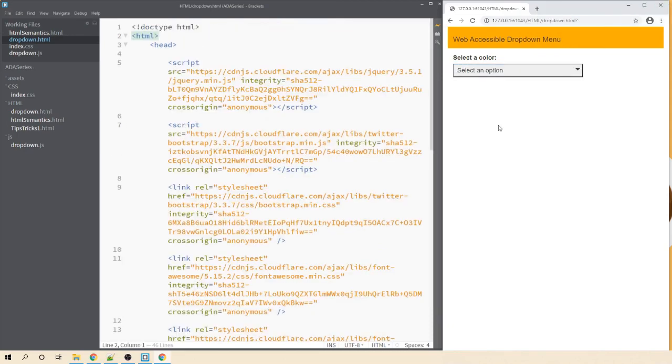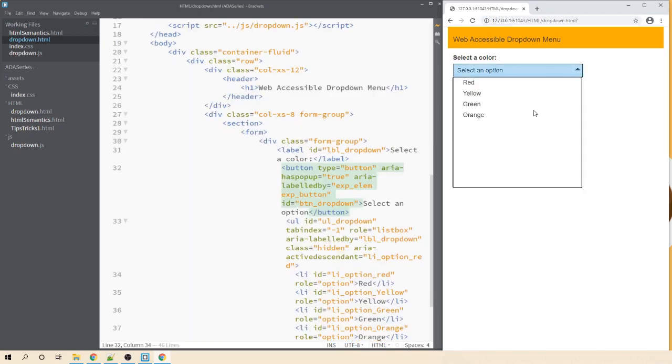Next, let's see if the 6 different checklist items that we just spoke about are adhering to these code changes or not. I'll be using my keyboard keys mostly for this demo, so let's go ahead and press tab. Now my focus is on this dropdown. I'm pressing the enter key. It opens up my dropdown. If I press my enter key again, it closes the dropdown. Next, when I press the spacebar key, it opens up my dropdown, and if I press the spacebar key again, it closes it.